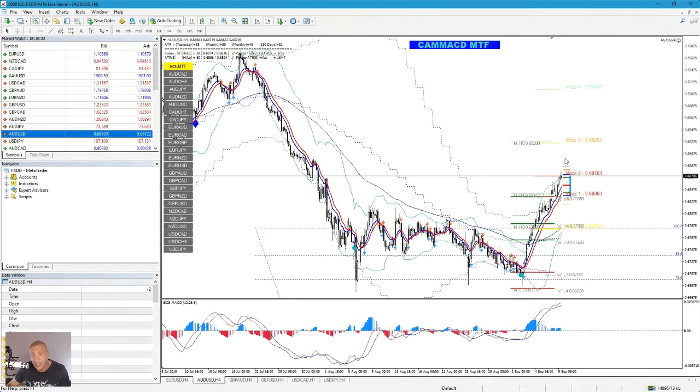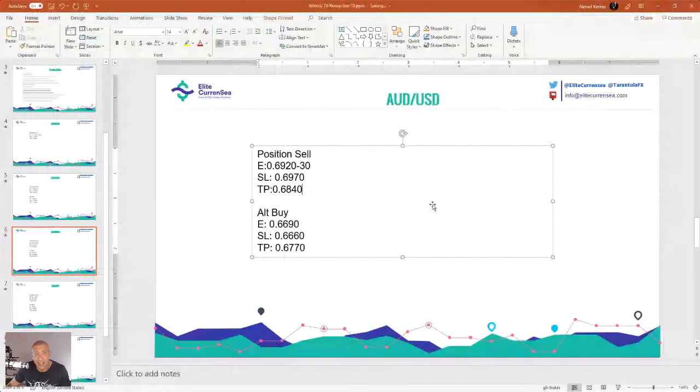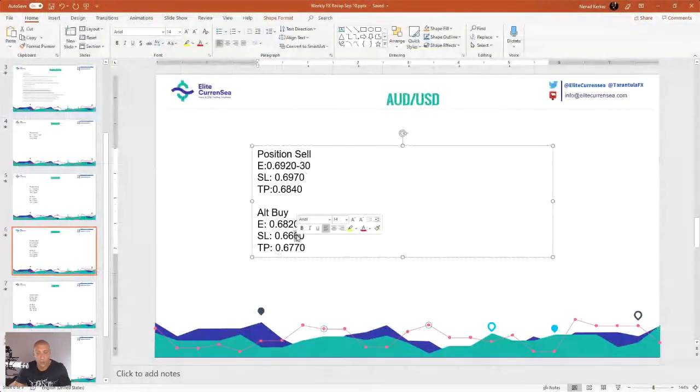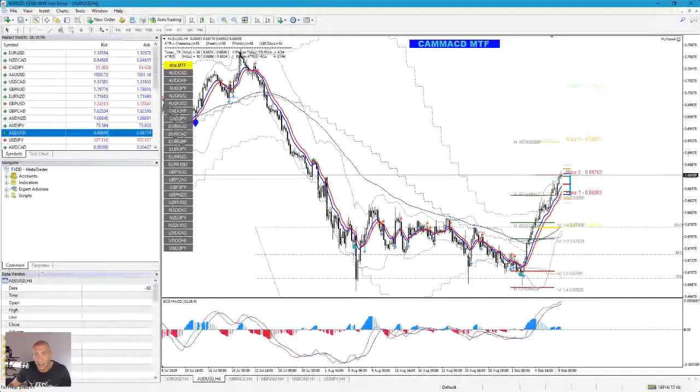Now longs, again, similar. 68.30 is the long position, somewhere around the region. 20 to 30. Always, guys, this is prediction. So always, if the price comes very close and you see a rejection candle or a signal, then you go. Of course, these are the zones. 67.90, so 67.85, and the target is